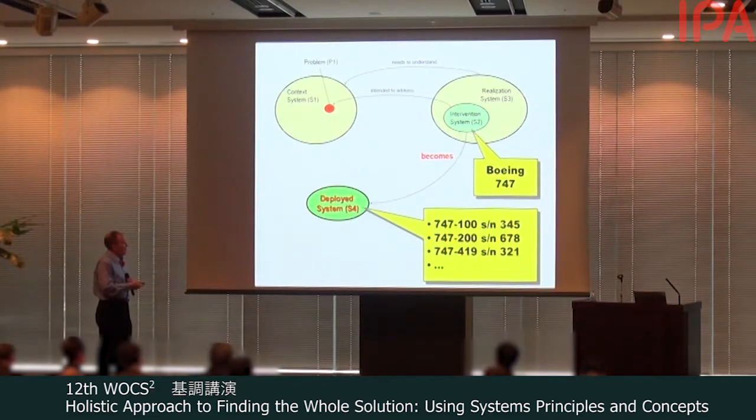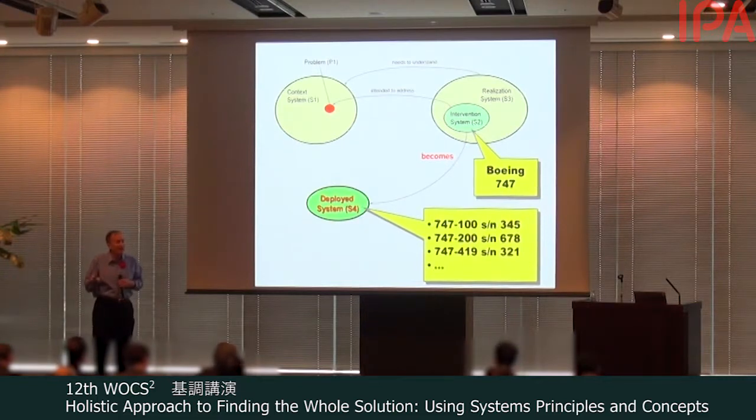And each one that you build has a different serial number. So even all the way down to 100, of all the ones you build, every single one is different somehow. Even though they all conform to the design, the manufacturing process has variations. Even after you deploy it, you maintain the system. Each system is maintained individually, and they will change over time. They don't all behave exactly the same way.